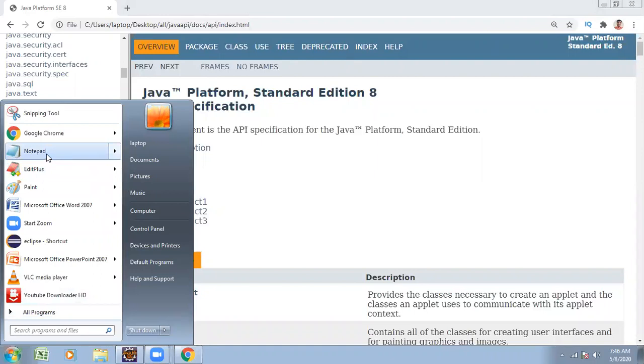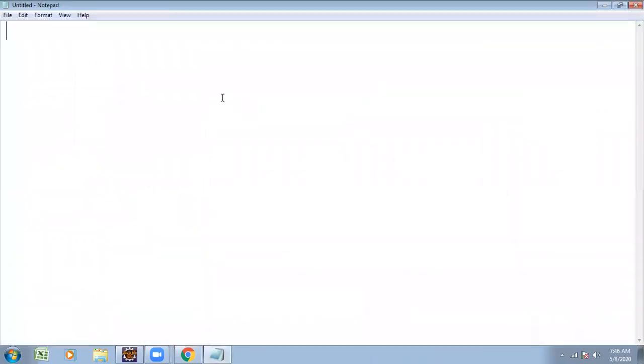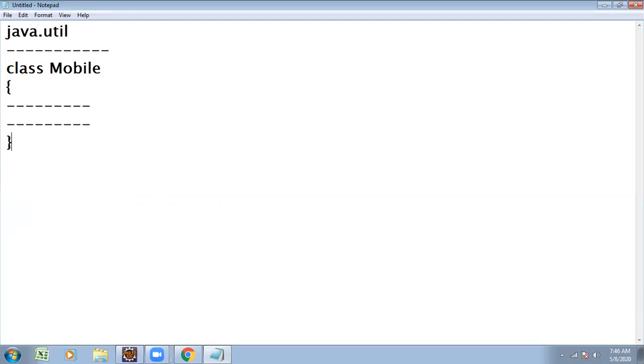We already have knowledge about object orientation. From the object orientation point of view, what are we doing? We are creating a class, suppose class Mobile. Mobile is a class or Bike is a class. Some logic we have written for that class. After writing it, programmer one creates the class so that it can be accessible by programmer two with the help of an object.